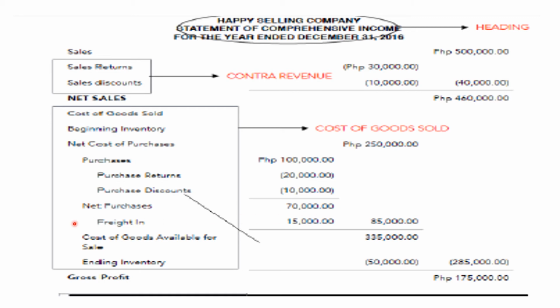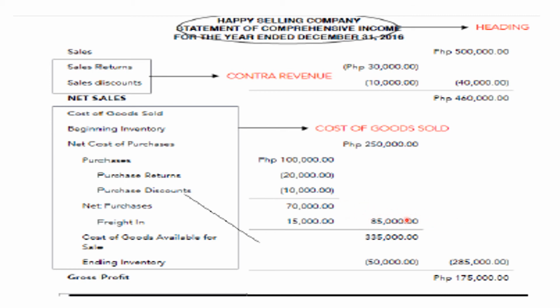And let's move to the freight in. When we say freight in, it is the transportation cost of merchandise purchased by the company. In the single step, we called it transportation expense only. But here in the recording, the multi-step, we have to record it as freight in. So we have 15,000. And we need to add the net purchases to freight in. So 70,000 plus 15,000, we generate a total of